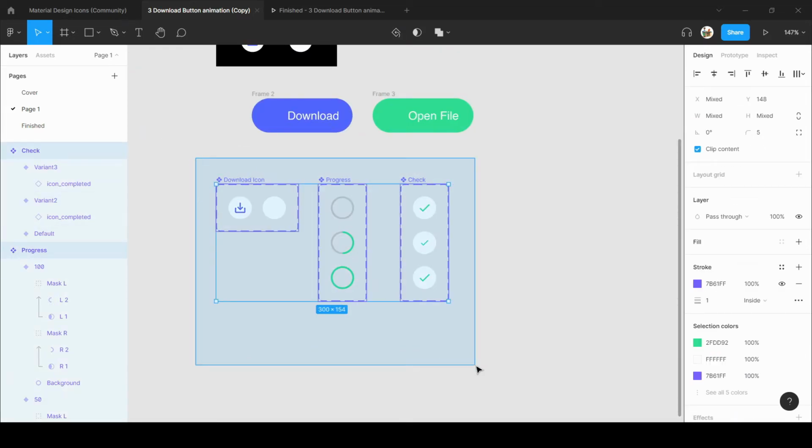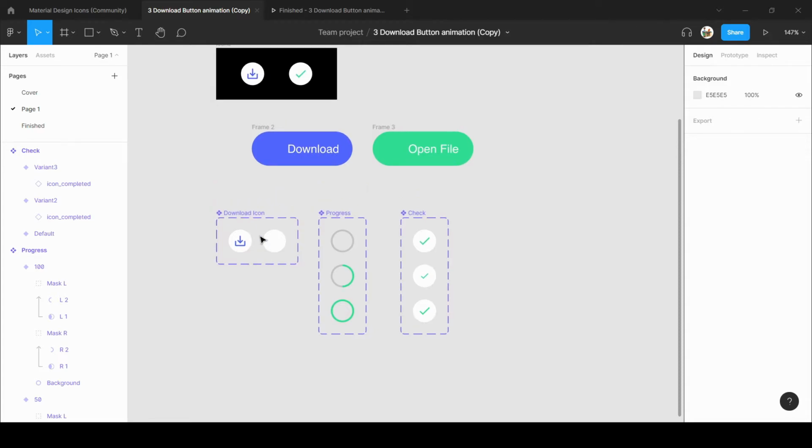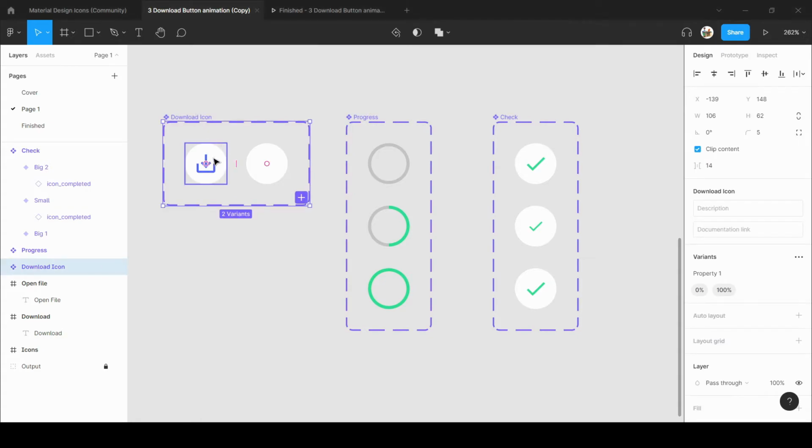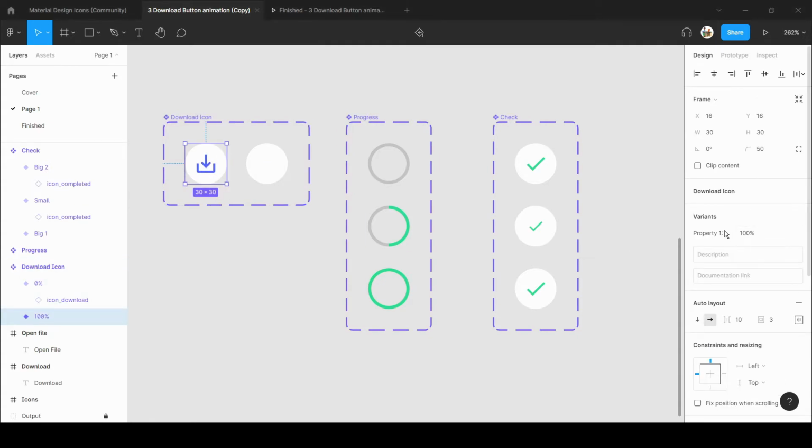So now we have the 3 components ready, and now it's time to animate them. So here I have renamed all the variants properly. So for the download icon, the first name is 100%, that shows 100% opacity of the icon. In the second one we have 0%.